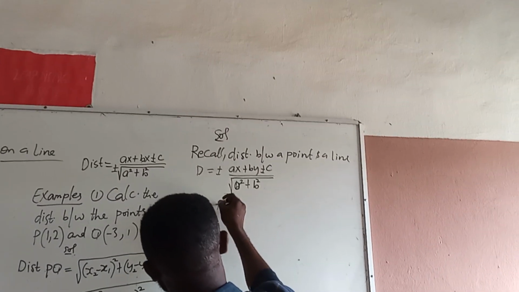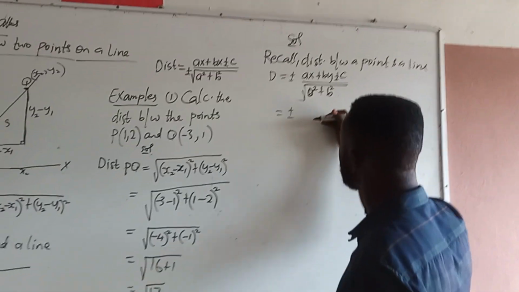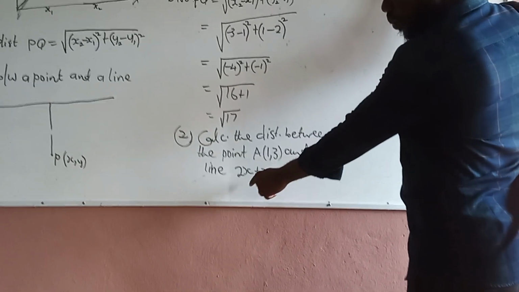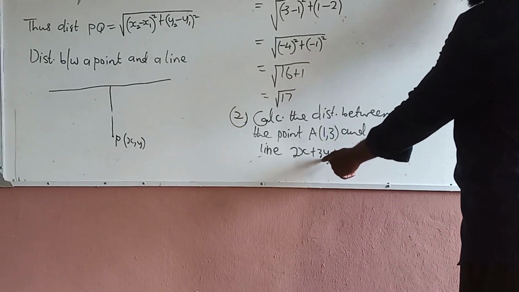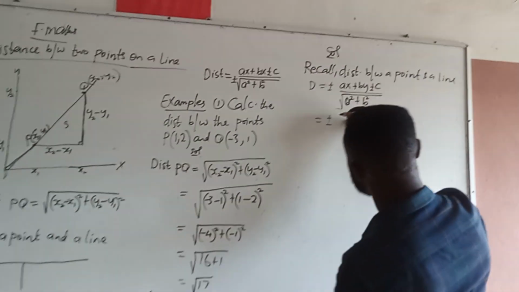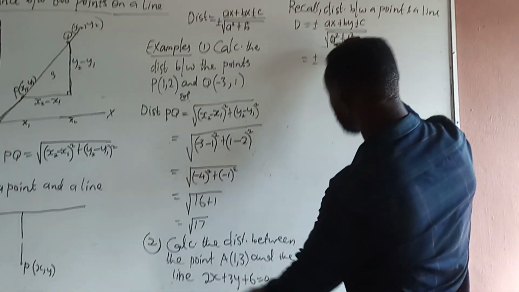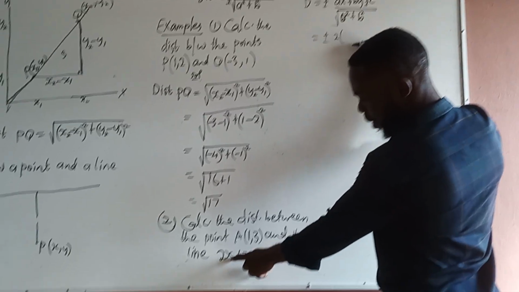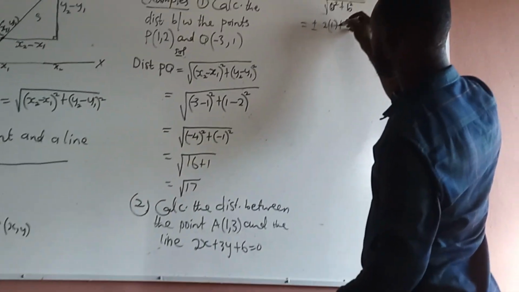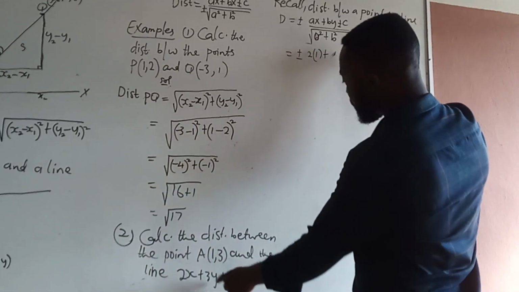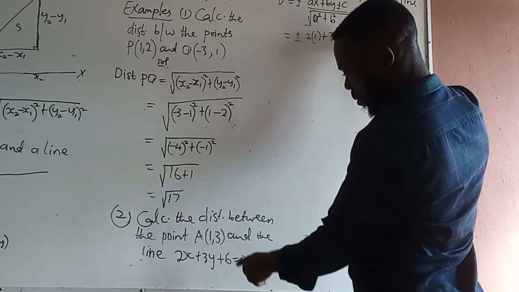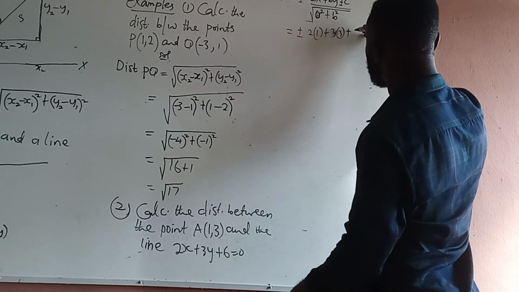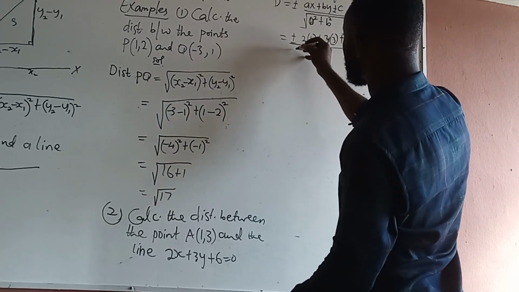And that gives us a, which is what? The coefficient of x is 3. Coefficient of y, which is 2. Bracket here, you have x, you put 1, plus b, which is 3. You write 3 there, plus c, which is 6, divided by square root